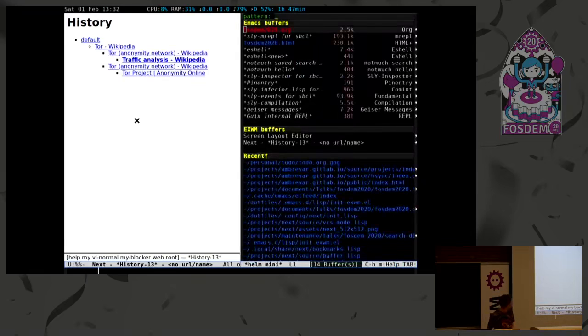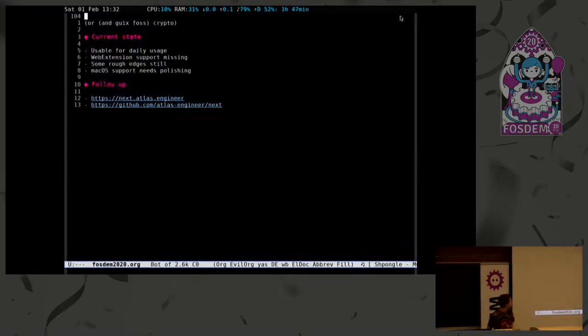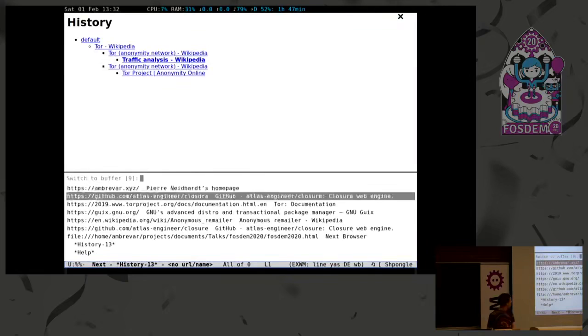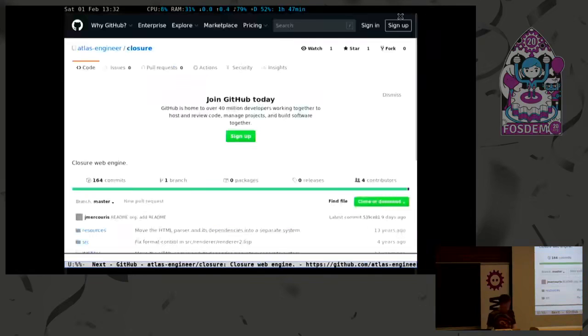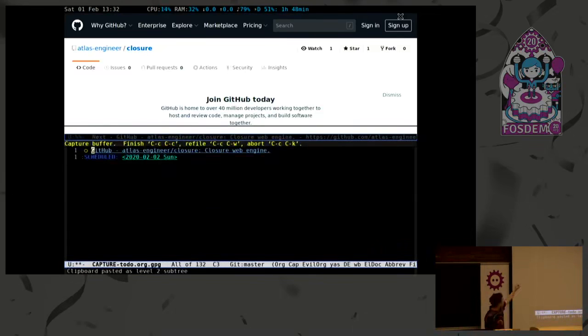So, yeah, a few more examples. I think I've shown a lot of things already. Bookmarks, yeah. If you like Emacs, maybe you like org mode. Something else you can do is go to your favorite website, and if you want to bookmark this link into your text editor as a log entry, I've written very small functions for it, and there, I can capture the link, and this will be stored with the right title and the right link in my org agenda.